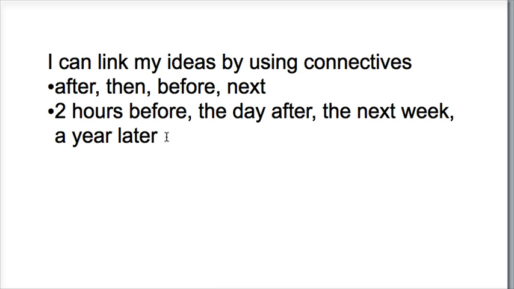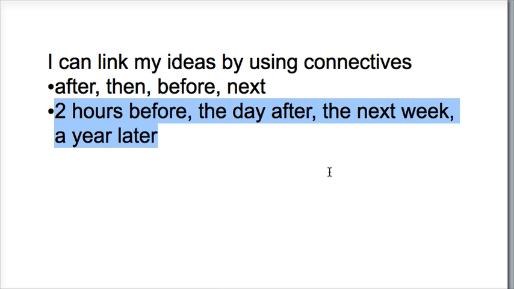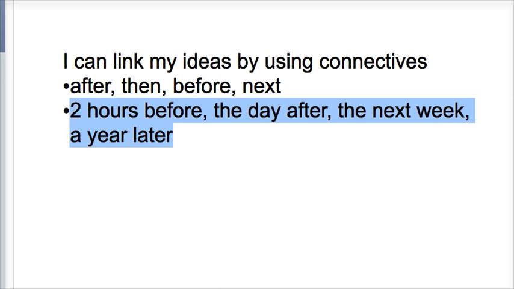The next ones that are often used are these ones here, which are called the time connectives. That's when you actually put a proper time on it. So it might be things like 2 hours before, the day after, the next week, a year later. So let's take an example and let's look at the model here